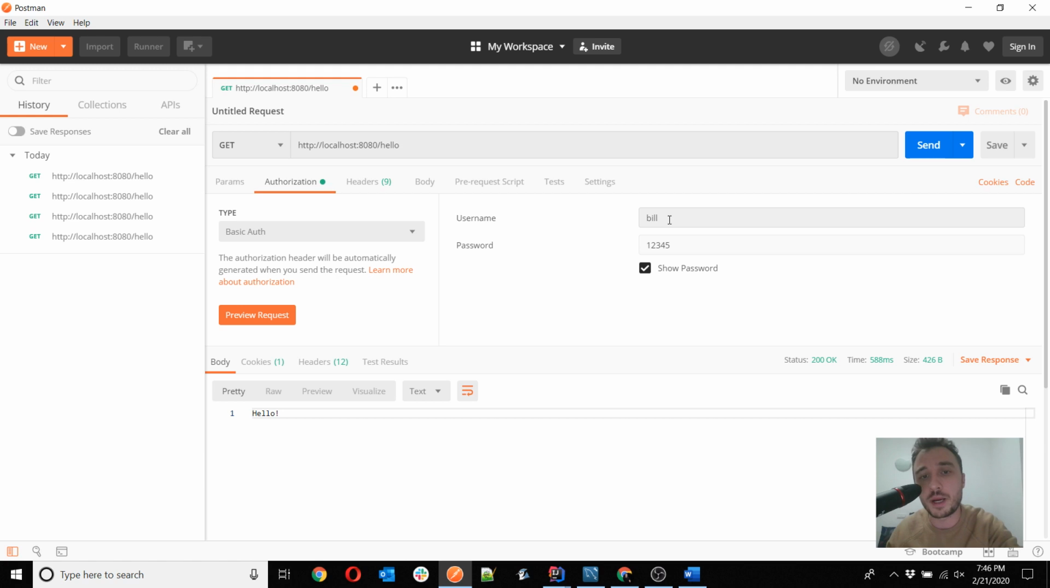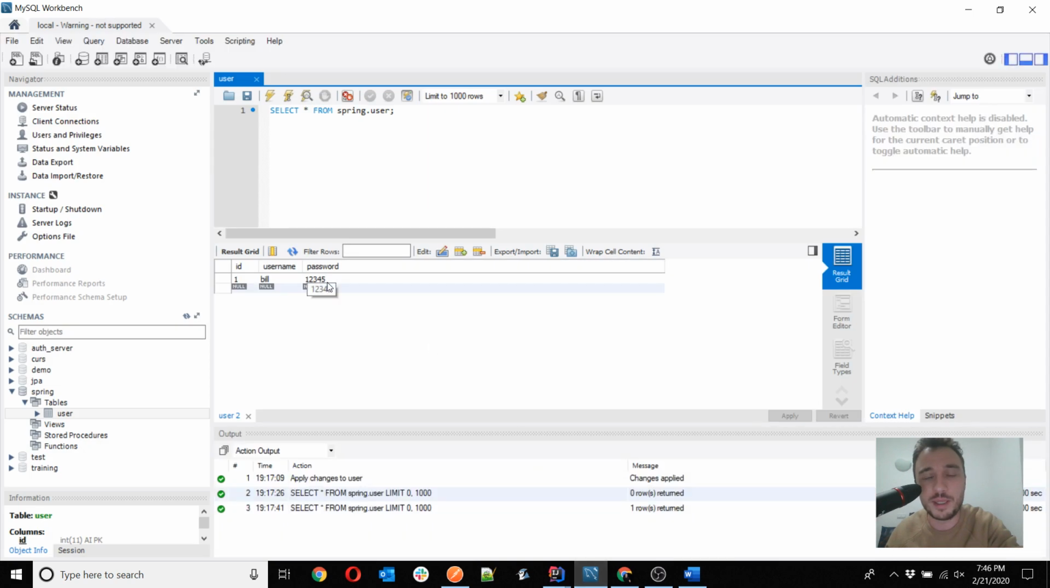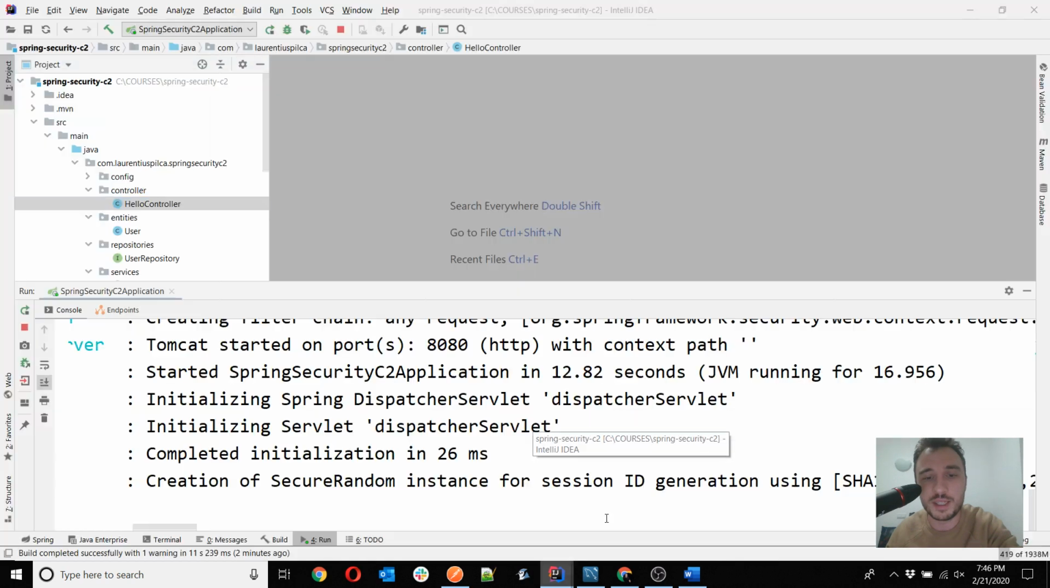So you see, by using the proper username and password, I was able to get back the hello in the response, and I have of course 200 OK response status, and that's cool. So we have just implemented our first application where our users are stored in a database. You see them. I have my bill here in my table, and I have even managed very easily to create